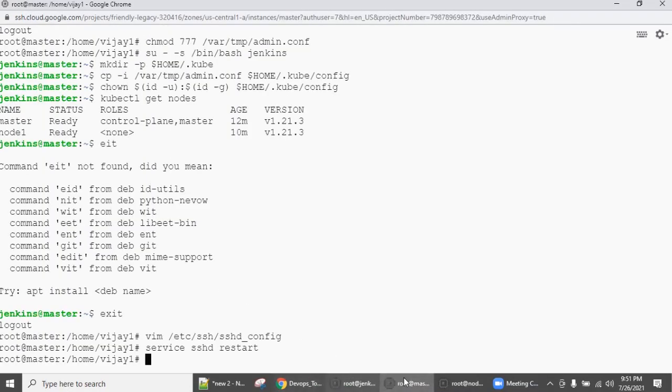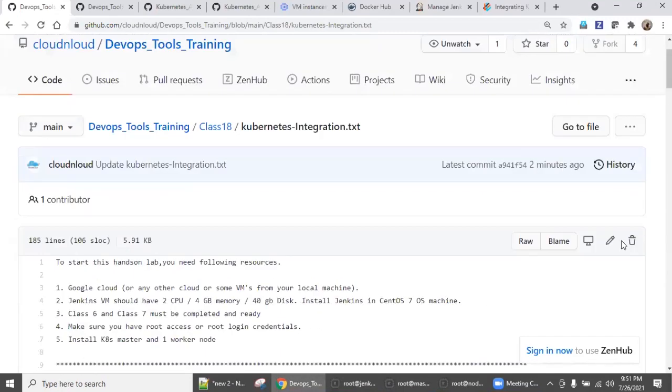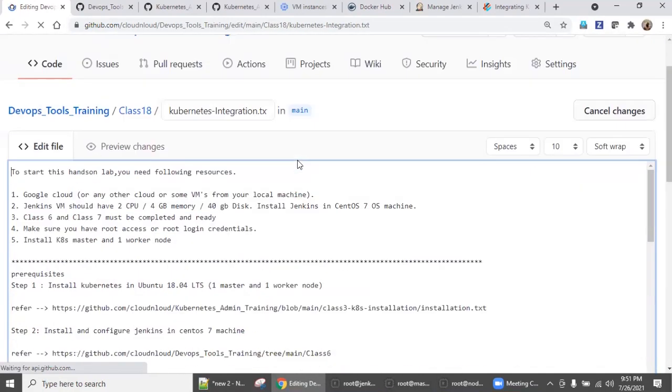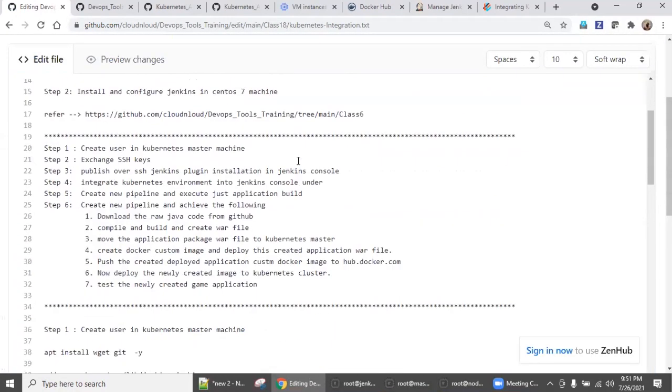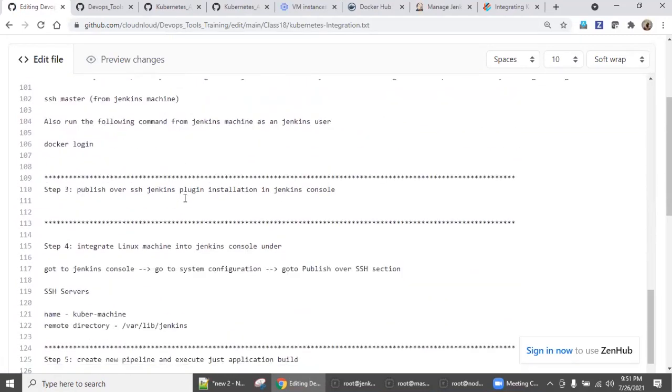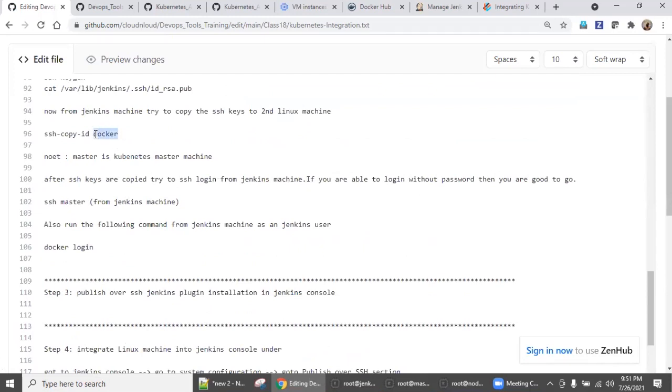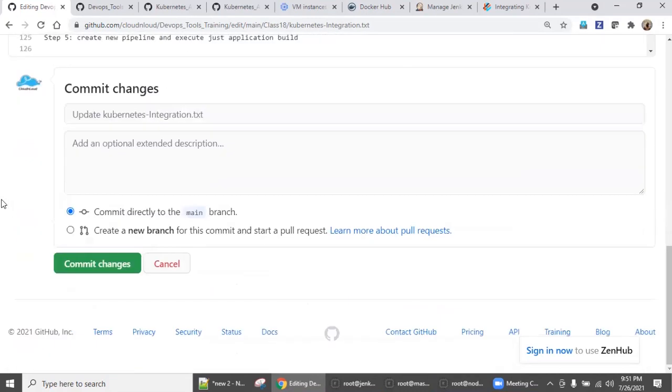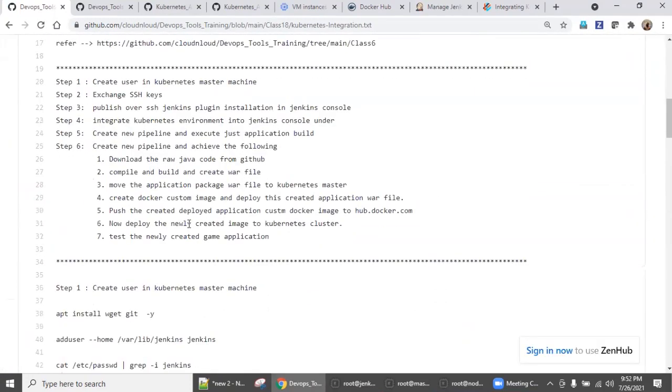It's not Docker. What is the machine name of Kubernetes? It's master, right? So replace this with master. So let us make one more correction here. Go here. It is good actually, because while you practice, you can have all these errors, which help you understand what is exactly going on. So basically you can set any machine name, but this should be the Kubernetes machine name. So for me, it's master. So you need to specify the master machine name.